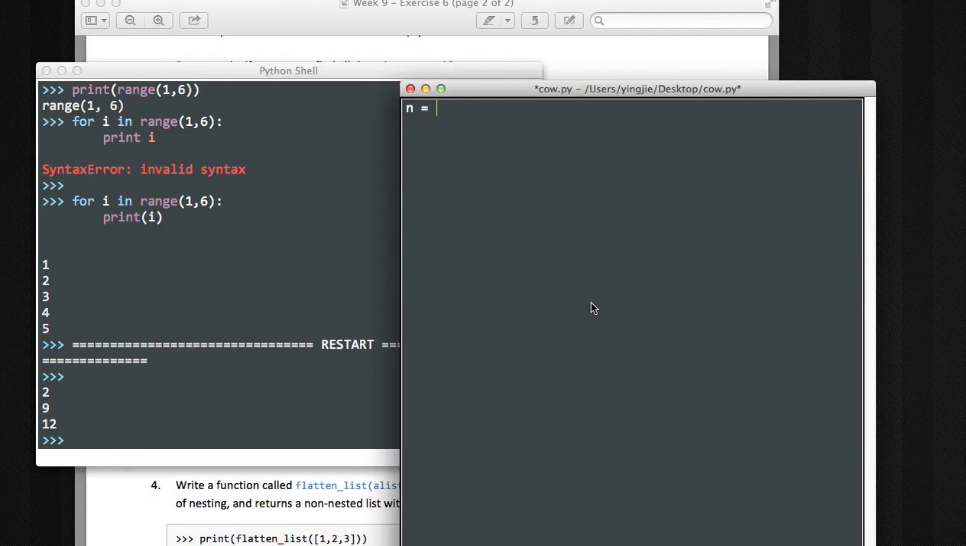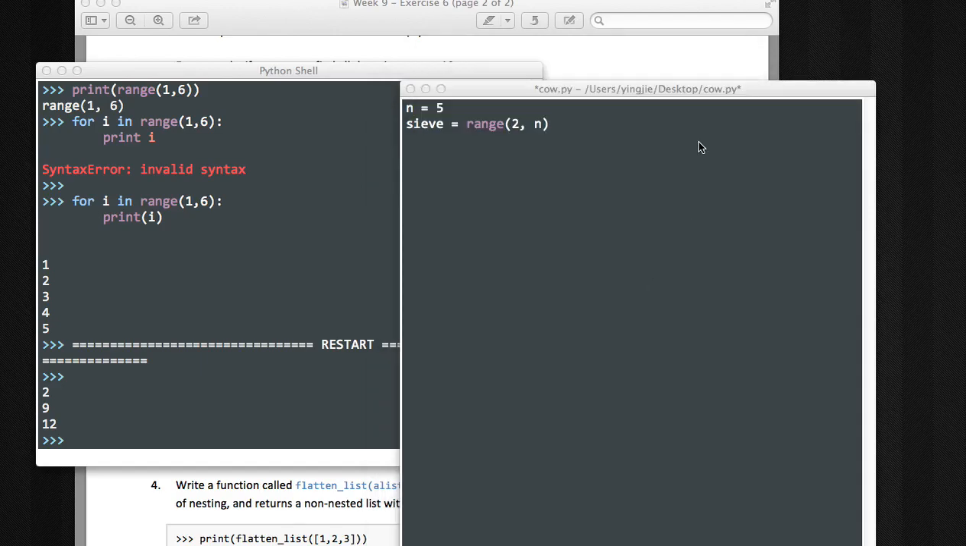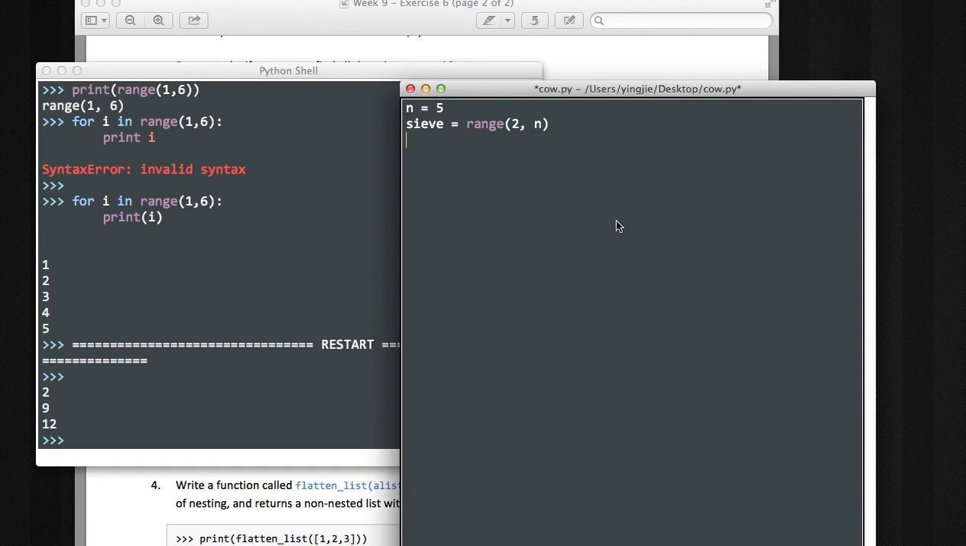You have n equals 100, range 2 to 100, for example. Sorry, the list equals range 2 to n. Let's not call it that, let's call it sieve, where n equals 5. Oops, that's me encoding the other video. n equals 5 is kind of stupid, let's do n equals 50. So what you do is for i in range 2 to n, then you